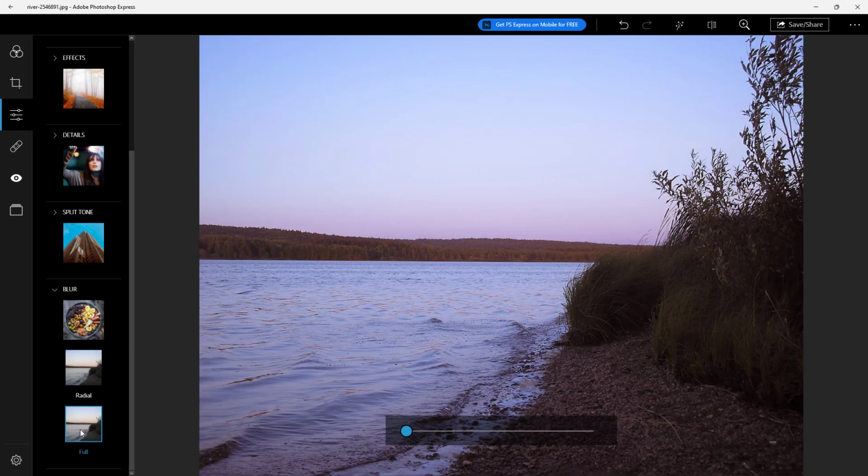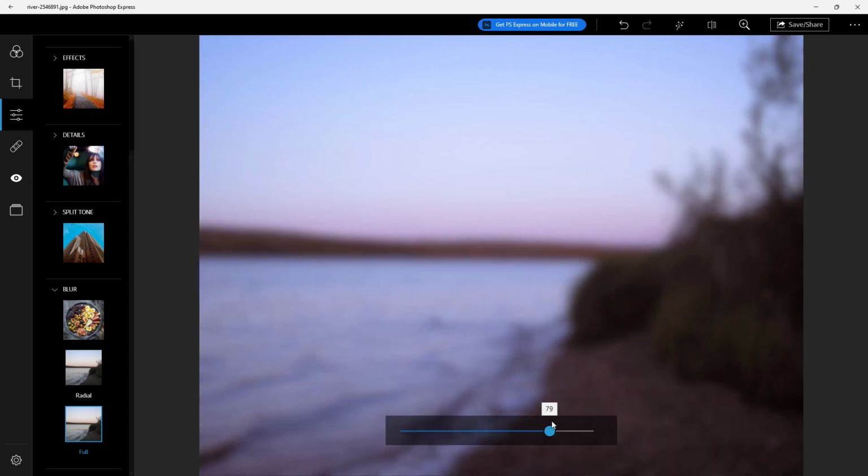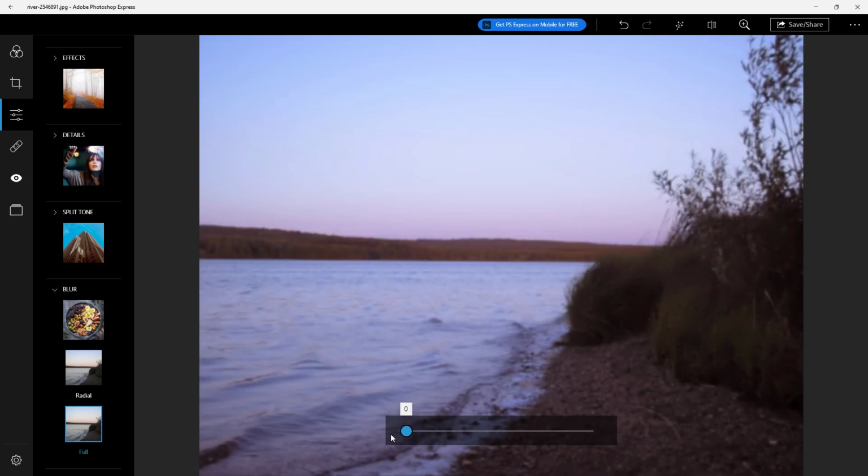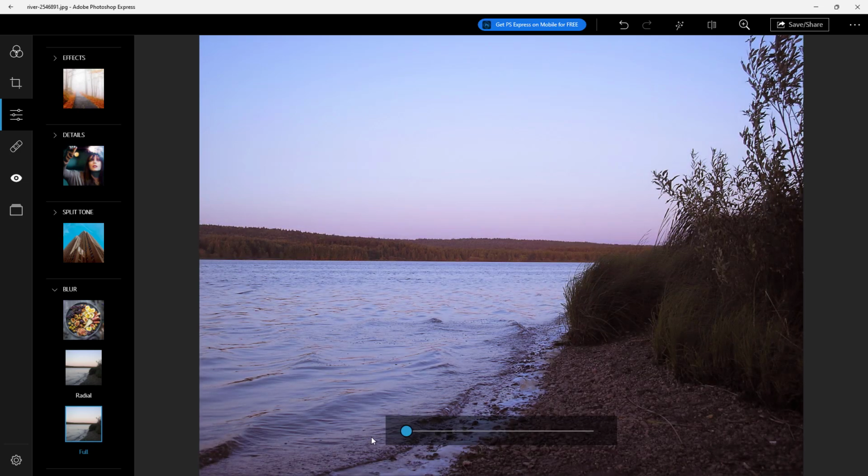Apart from that, you can work with the full blur right here, just like this, and that simply adds blur, as you can see, to the entire image. So that is how you can work with split tone and blur correction option inside of Adobe Photoshop Express. So hope you guys learned something as always,